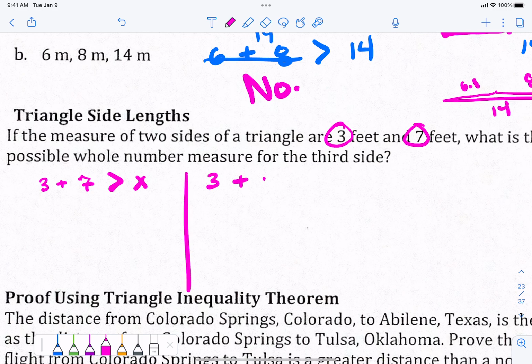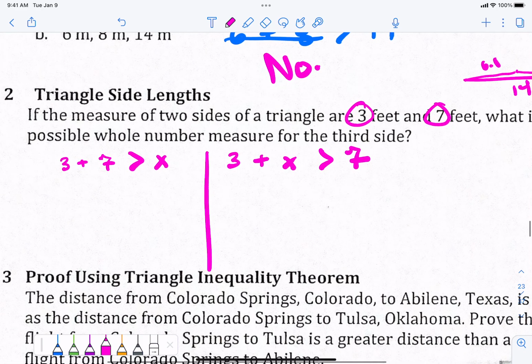What if 7 is actually my big side? Right? I have that going on. Does that make sense? 7 could be the biggest one. All right? So, if I look at this scenario where 3 and 7 are my 2